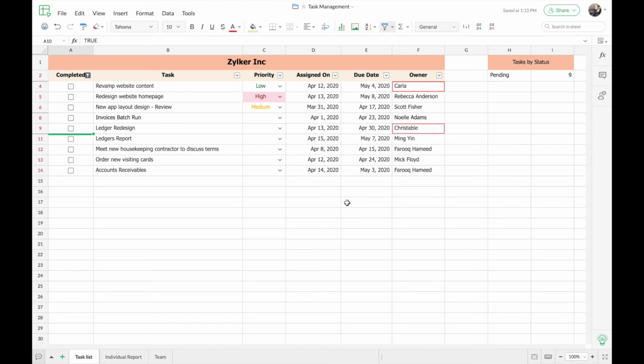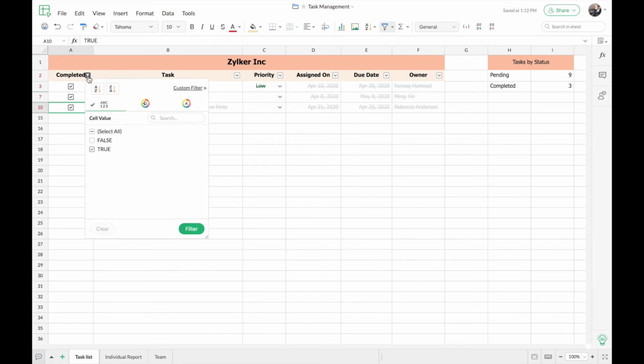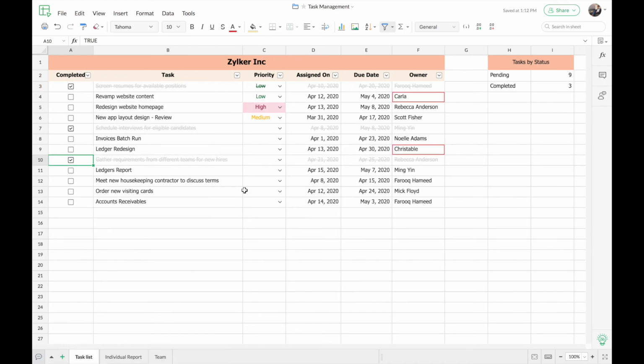So once you save a filter, you can simply go to this option called named filters here. From here, you can simply choose the filtered view you want to see. So now let's say I want to see the completed tasks, and you can see that the filtered view changed accordingly. So this saves you a lot of time. You need not manually choose the filter criteria each time you want to see a particular view. So now I'll just clear the filter. This makes it easier for you to keep track of all the tasks. You can use this filter even for the other columns such as priority or even the owner.